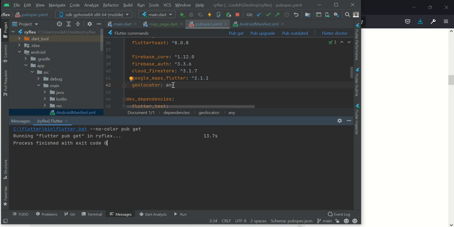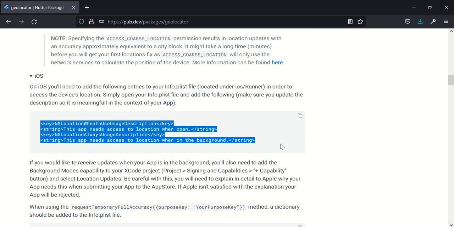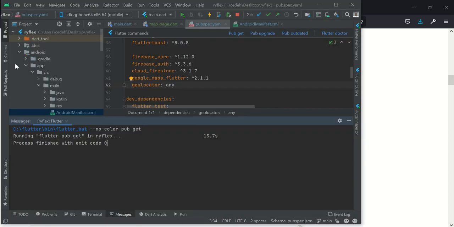So instead of using the latest package for geolocator, we specified any so that it will look for the one that is compatible with our current SDK version. It just found one, and that was why it didn't give out any error. As I was saying, for iOS permission, we want to be able to use location here, the fine location and the coarse location. So these two key strings, we copy, and then go over to your